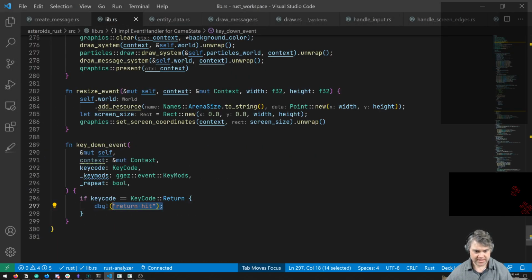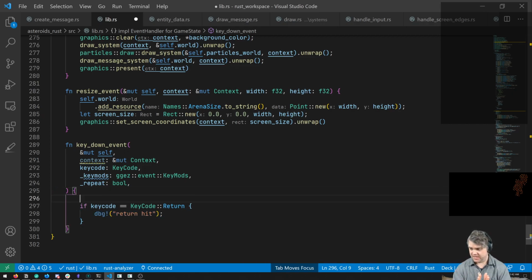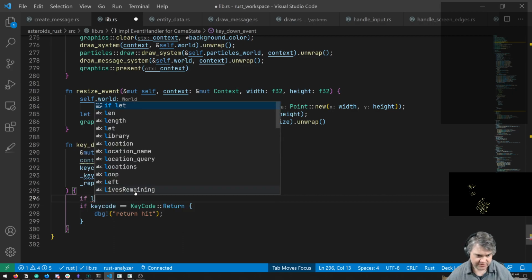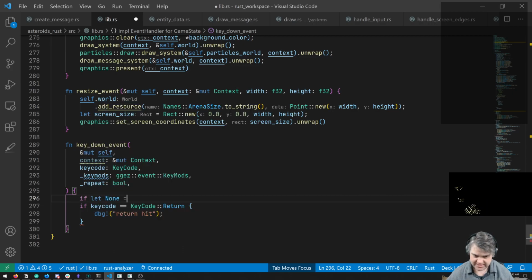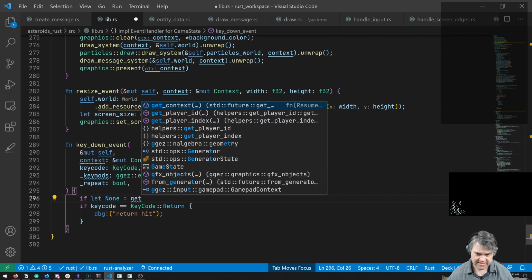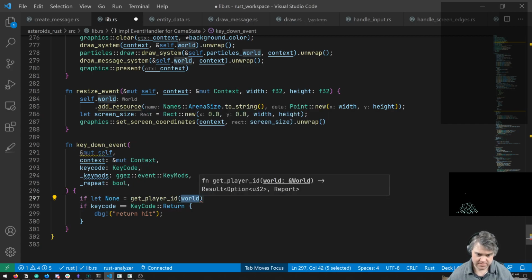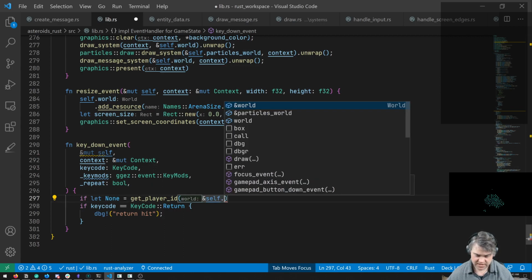Okay, so if the key code is return, but then also I want to make sure that we don't have a player. So if let none equals get player ID, and we're going to pass it a reference to self.world.